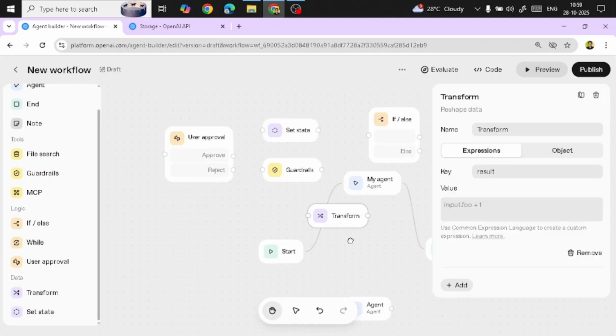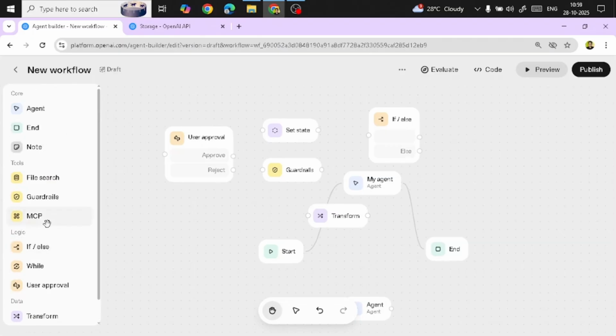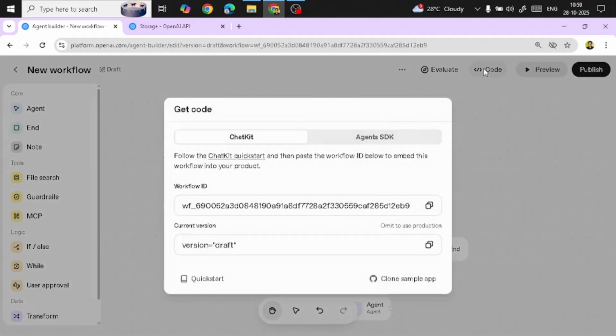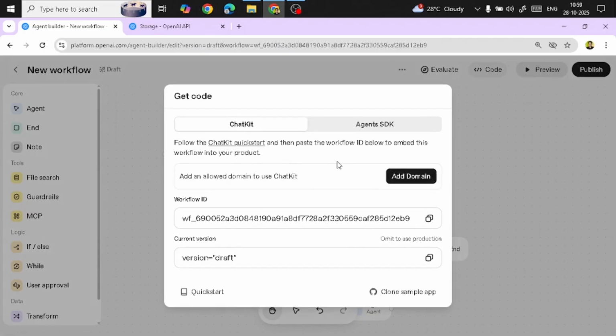Okay, so these are the tools and components which OpenAI Agent Builder is providing right now. And this is Evaluate. You can evaluate your workflow and code. Suppose you want to use this workflow in your product or on your website, you can simply copy this workflow ID, and you can directly use it in your environment variable, and it will work. For that, I'll create a separate video on how we can integrate this